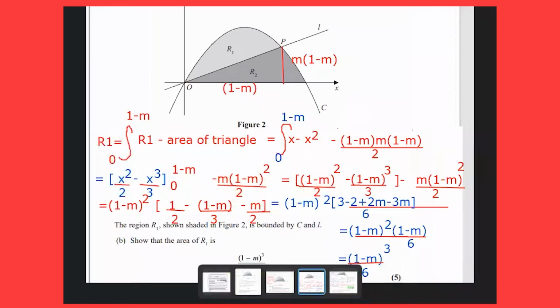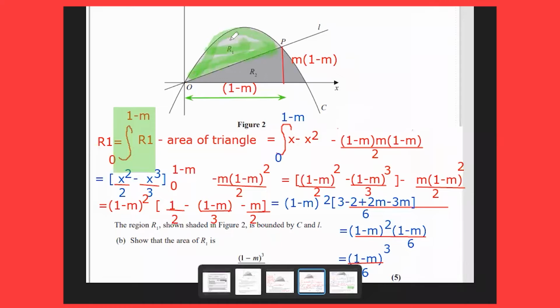Now the way I'm going to approach it is, I first find the area under the curve from 0 up to the point P. So when I write the integration from 0 to 1 minus m of the curve, it's essentially taking this area that I have